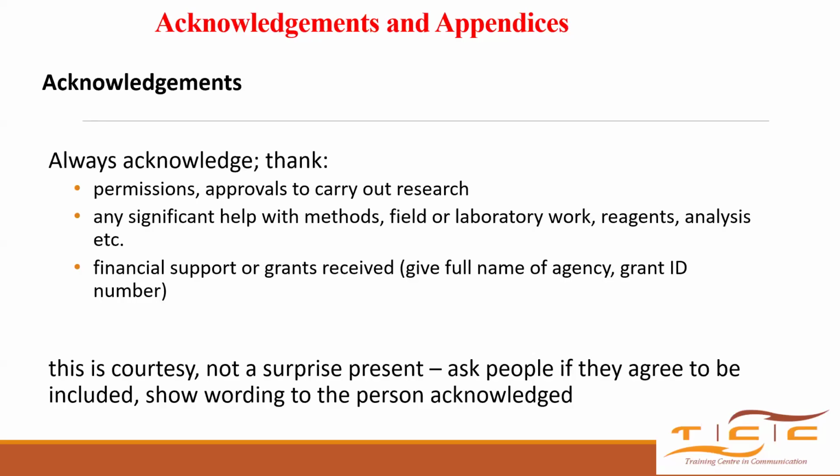Also, sometimes some of them will require you to even show the wording of the acknowledgement. I'm giving an example of a case where people are working on a project and they disagreed, and one professor does not want anything to do with that project anymore, and you have acknowledged them in a paper and you've not told them. So the paper gets published, they read it, and they tell you, who told you to put my name in that paper? I left that project a long time ago. Then they start having problems. They can even write to the journal to pull down that paper. It could be a very nice paper.